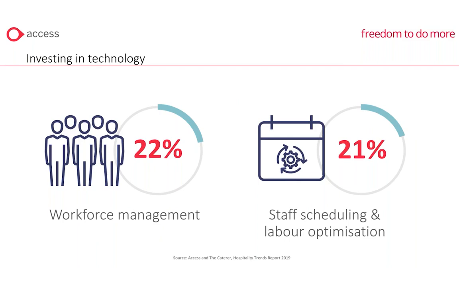We still come across operators using old software or even Excel, which is not fit for the business they need. Now, I was actually with a customer the other day and they had multiple stores, and what they were using was just simply Excel to put their rota together. When I asked them how they were communicating this to employees, they were simply putting the rota on the wall, taking a photo of it on their phone and then sharing it on a text message. This was how they communicated the rota to their staff.